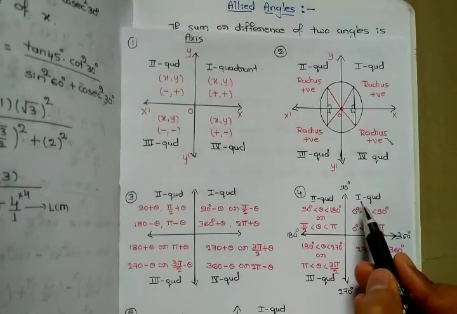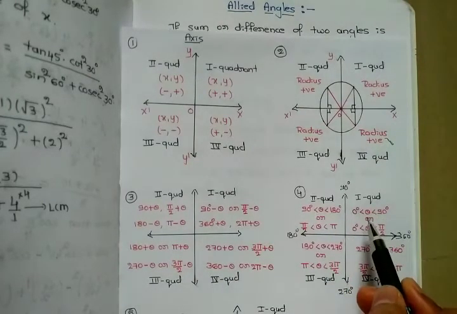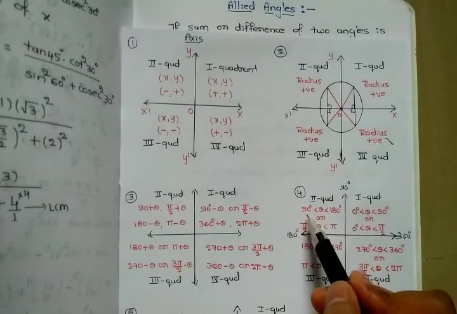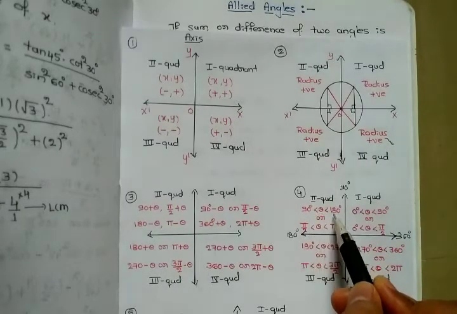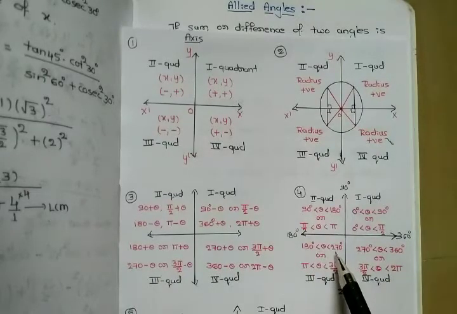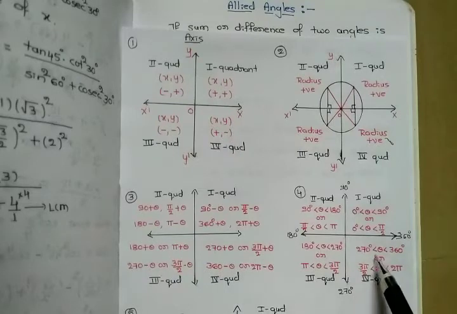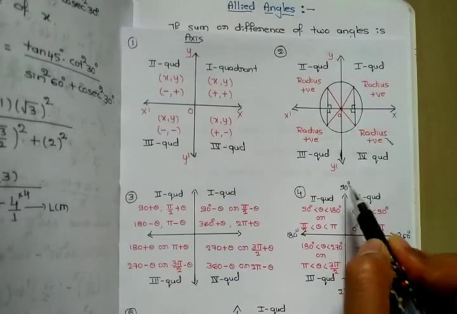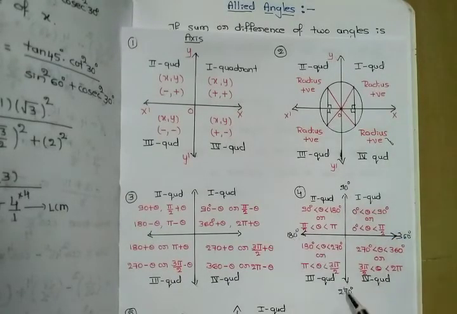In the first quadrant, 0 less than theta less than 90 degrees always comes. Second quadrant, 90 less than theta less than 180. Third quadrant, 180 less than theta less than 270. And in the fourth quadrant, 270 less than theta less than 360. So if I start with 0, exactly here 90 degrees comes, exactly here 180, here 270, one complete rotation is